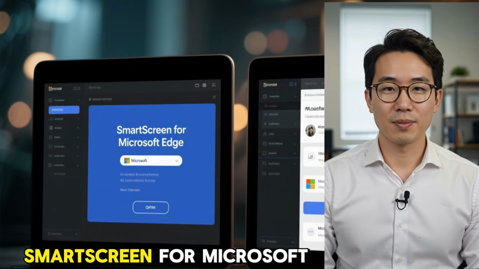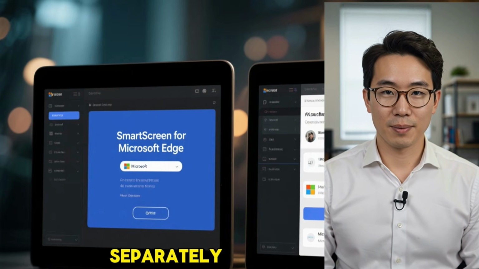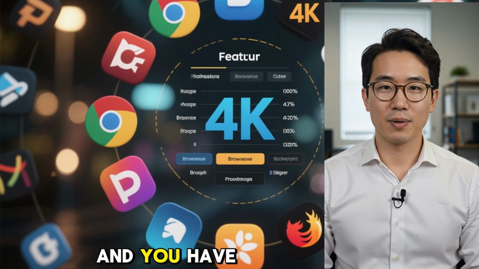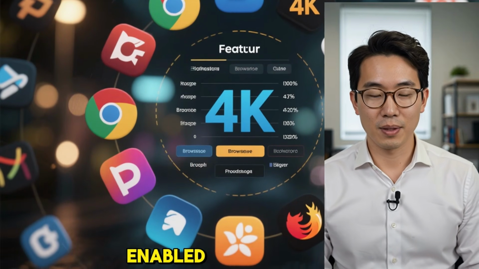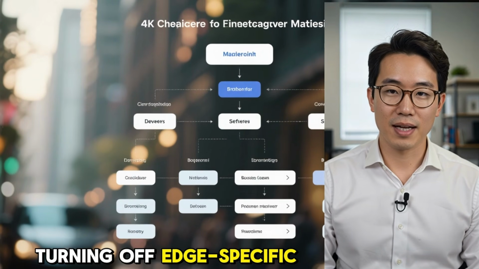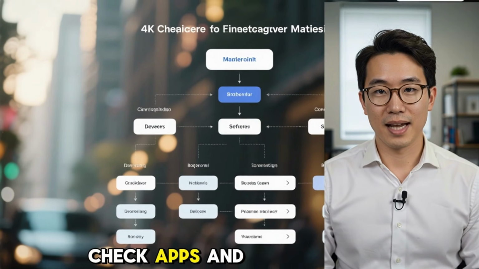You can leave Smart Screen for Microsoft Edge on or off separately. If you use a non-Edge browser for most of your browsing and downloading, and you have that browser's own safety features enabled, Chrome Safe Browsing, Firefox's phishing protection, turning off Edge-specific Smart Screen while leaving Check Apps and Files on